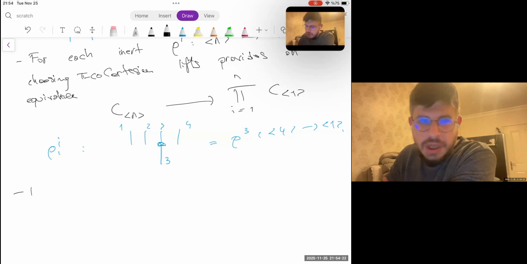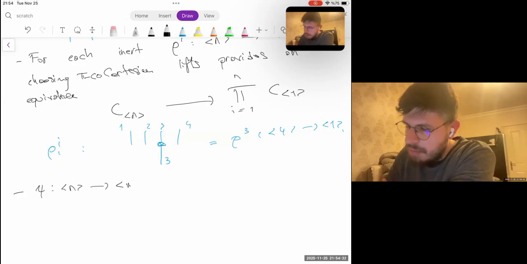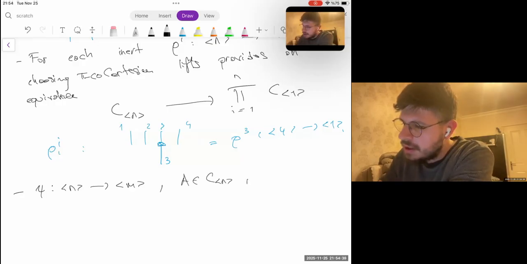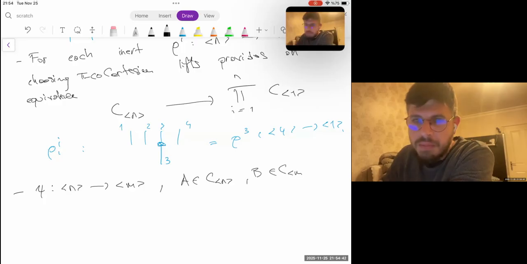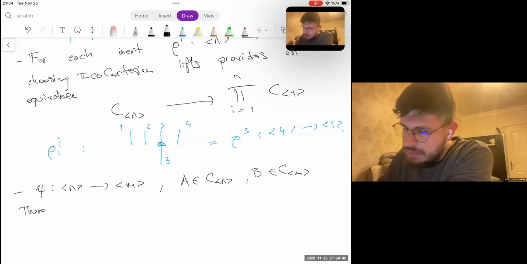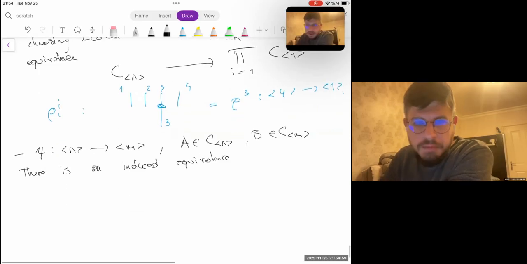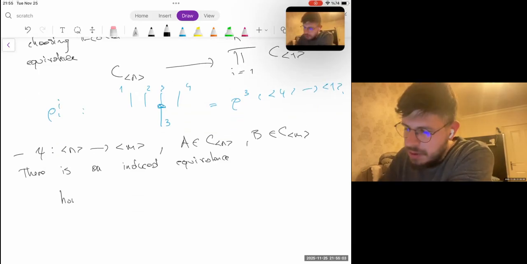Okay, so if you let any morphism P and M, and so you pick A and Cn, yes, so this is B and Cm, then basically there is an induced equivalence from C over this C AB to